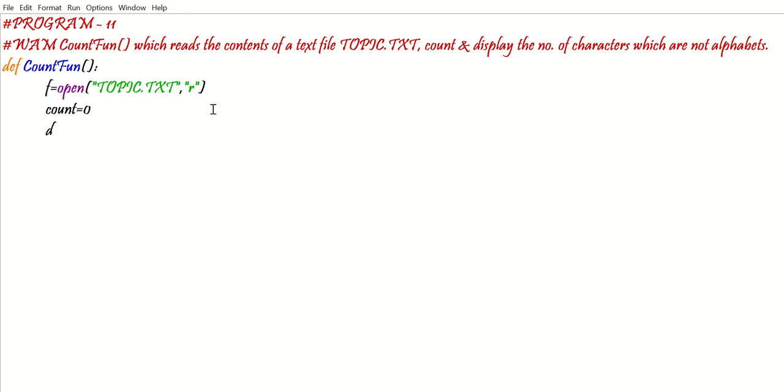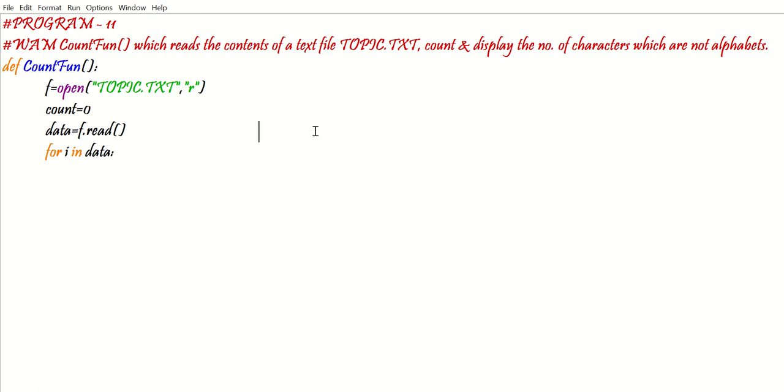So now I'm going to read. Let me take data. Okay, data equals f dot read off. So I'm going to read this text file, and when I say data equals f.read off, it has read, and now inside this data, the sentences which are there in this text file will be stored. So this data is equal to the sentences or the digits or whatever, the data which was there in topic.txt is now present in this one. Now after reading, for I in data,